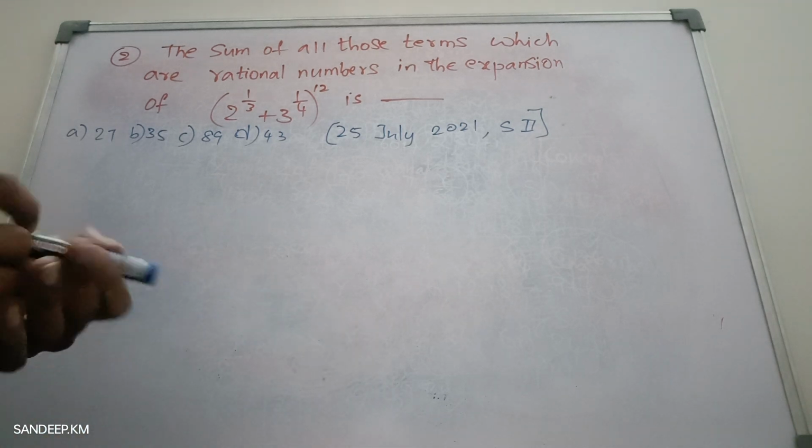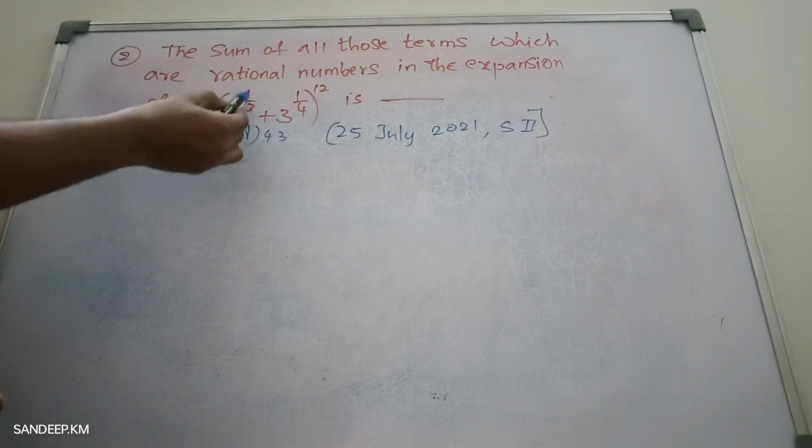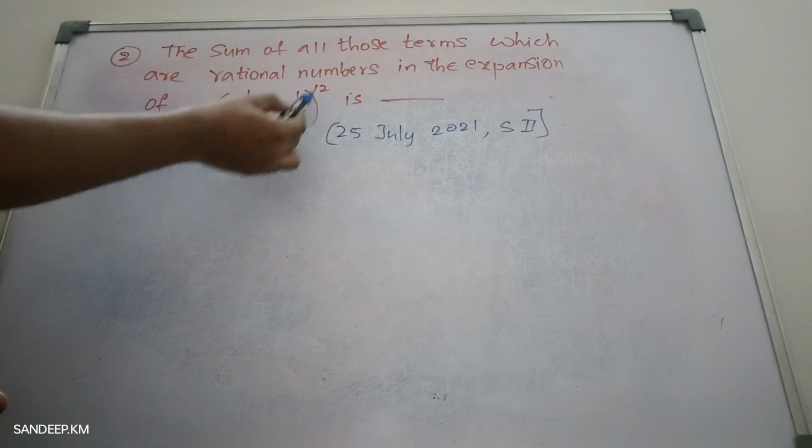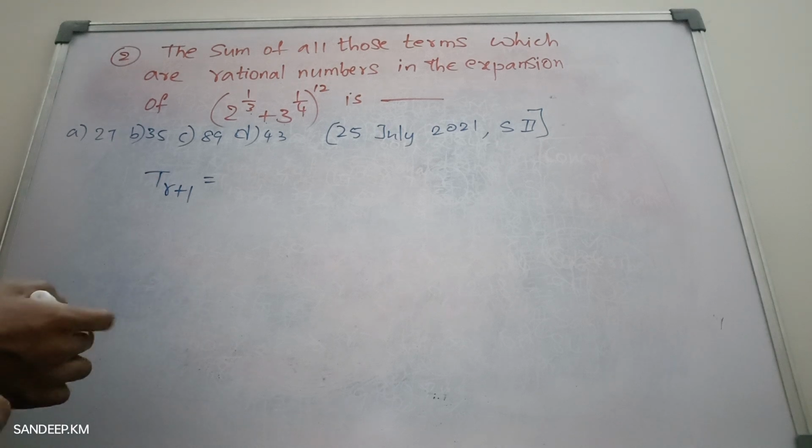First, let us write the general term. So what is the general term here? For this particular binomial expansion of (2^(1/3) + 3^(1/4)) whole power 12, the general term is T(r+1) = nCr